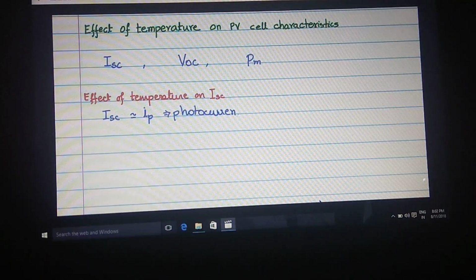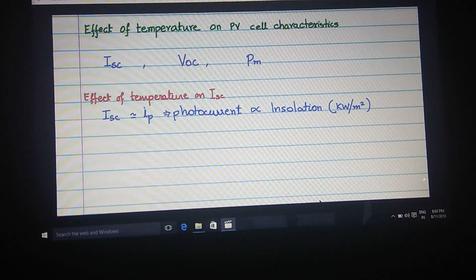And the photocurrent is directly proportional to the insolation. Insolation is nothing but the power per meter square of the incident solar radiation. So if you see this relationship,